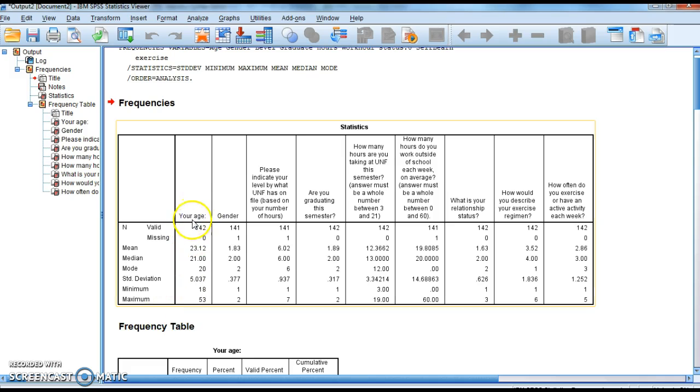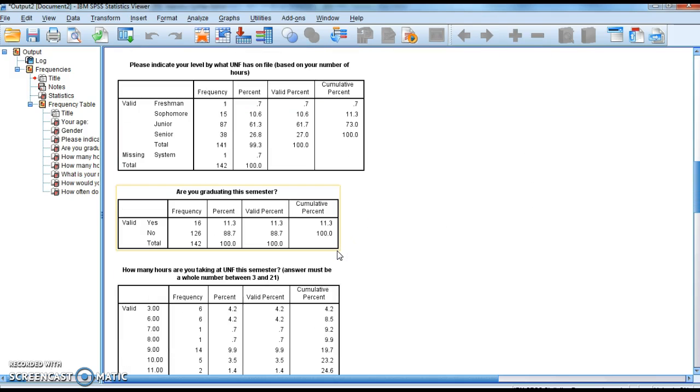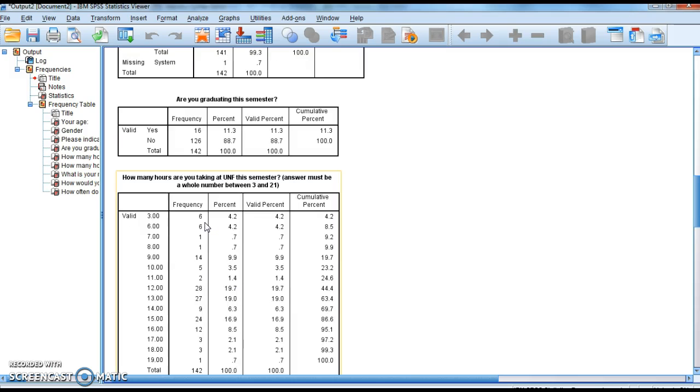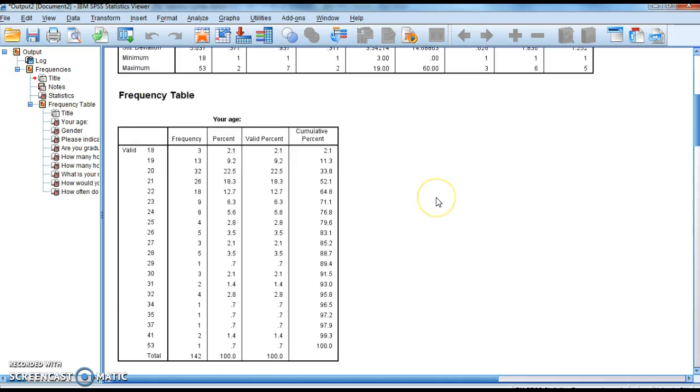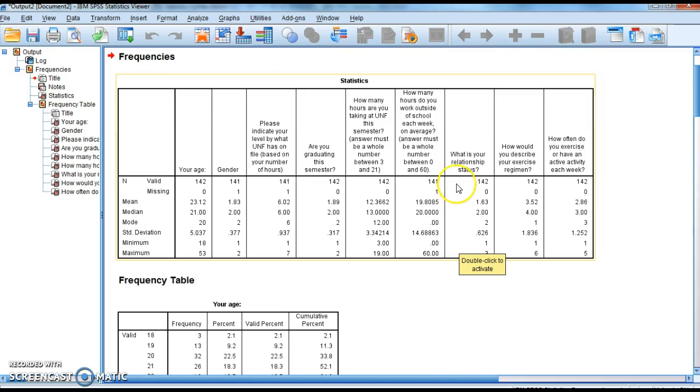So let's walk through some of these contextual factors. I already talked about age and gender and level. In terms of, do we have people graduating this semester? Just 16, so congratulations to those 16 people out there. Let's look at how many hours you are taking. We can see that quite a few are taking 12 and 13 hours, and in fact, when we scroll back up, we can see the mean for how many hours you're taking this semester is